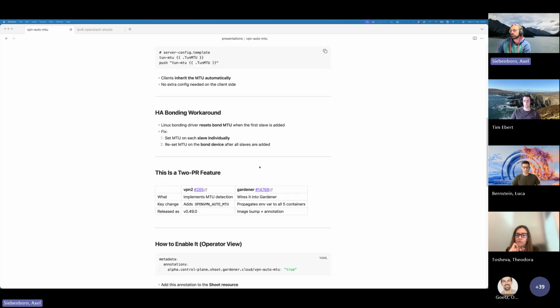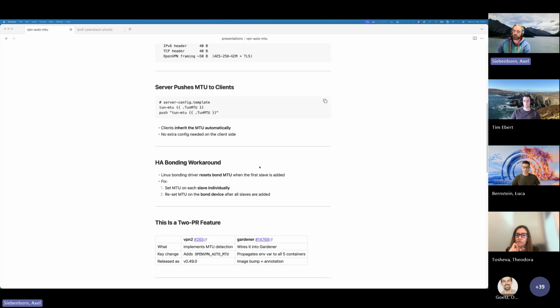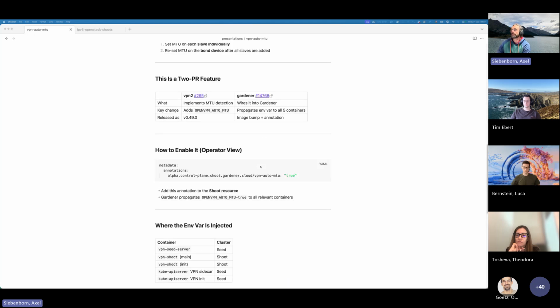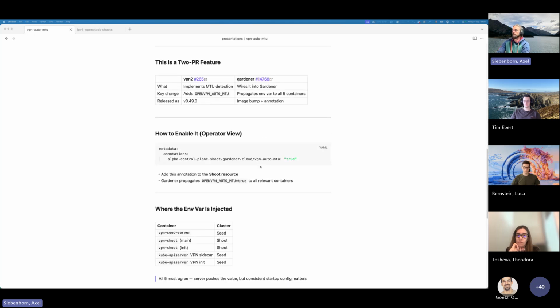Yeah, we needed 2 PRs actually. The first PR is in the VPN repository to add this automatic detection, and the second is in the Gardener repository. Here we decided to opt in to this automatic detection via an annotation. Yeah, you just annotate the shoot, and the environment variables are propagated to the